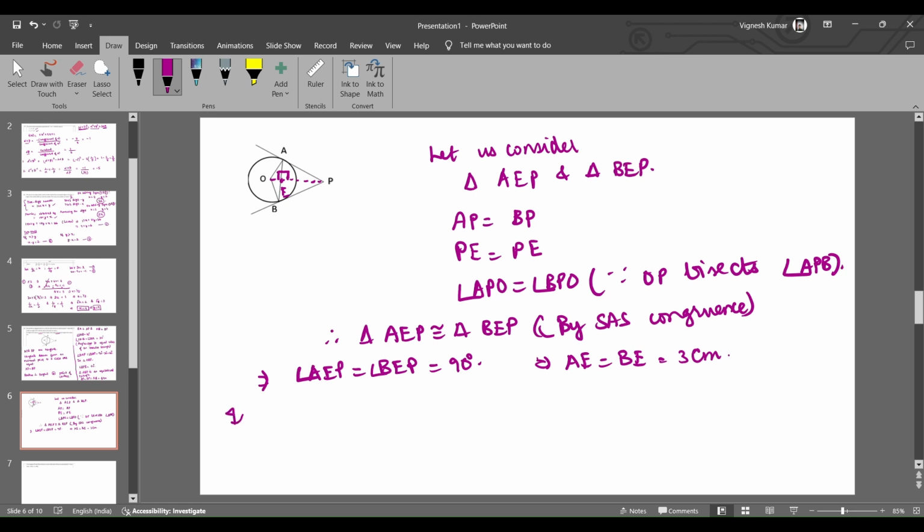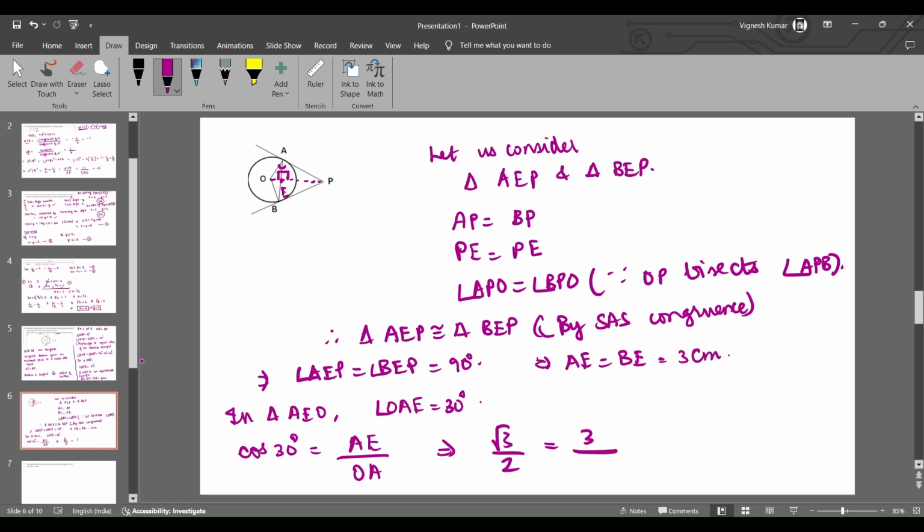And now in triangle AEO, angle OAE is equal to 30 degree. So if we find the cos of this angle, cos 30 degree will be equal to the adjacent side AE divided by the hypotenuse OA. The cos 30 degree value is root 3 by 2, which is equal to AE value 3